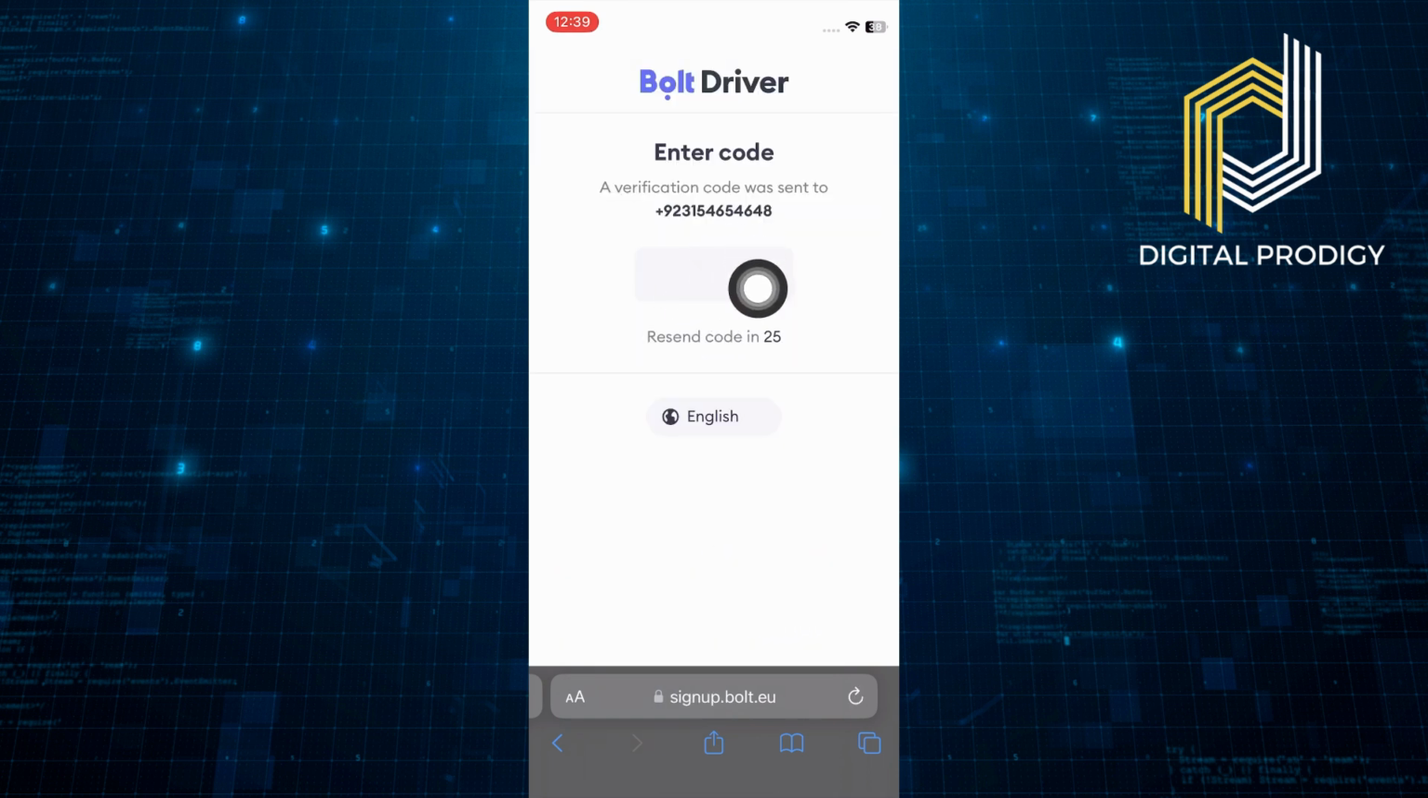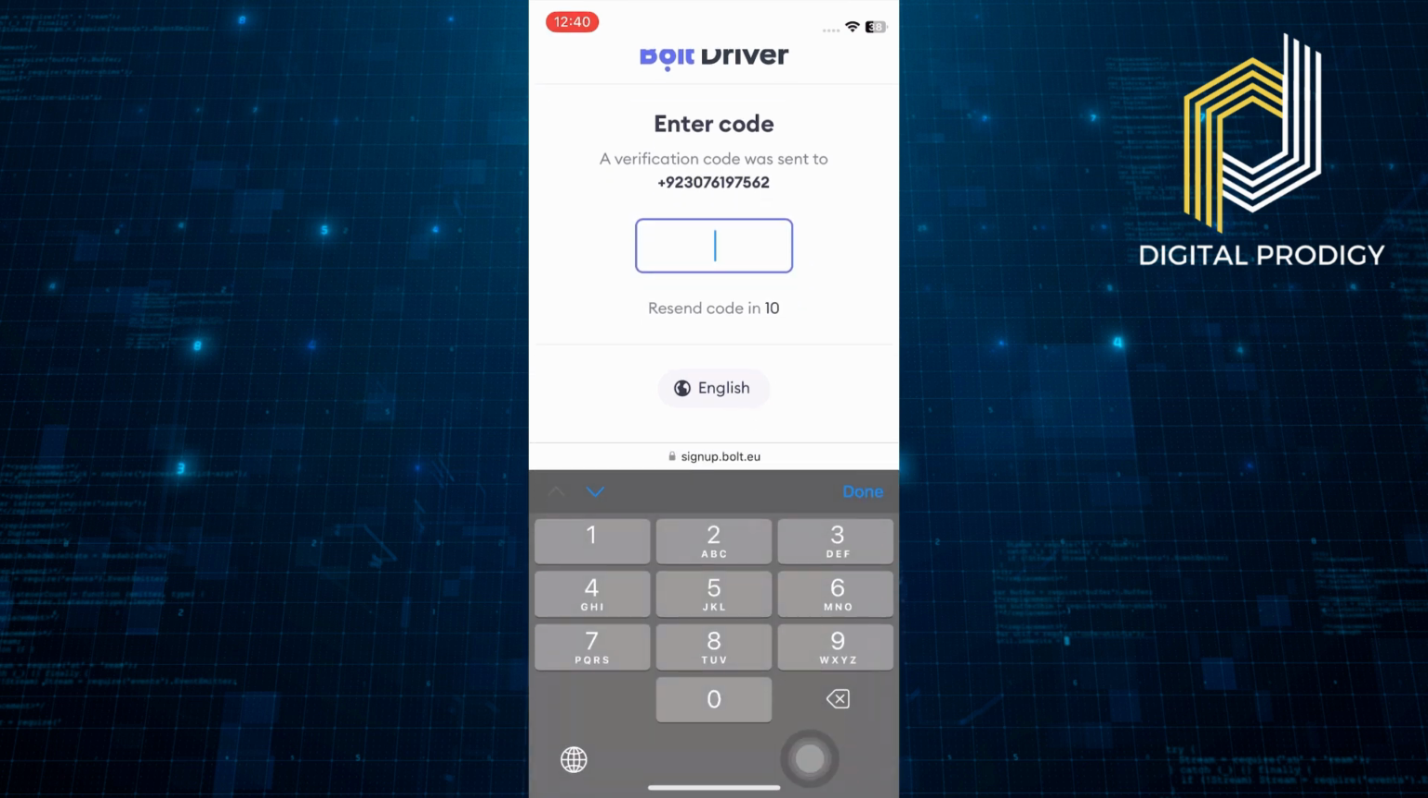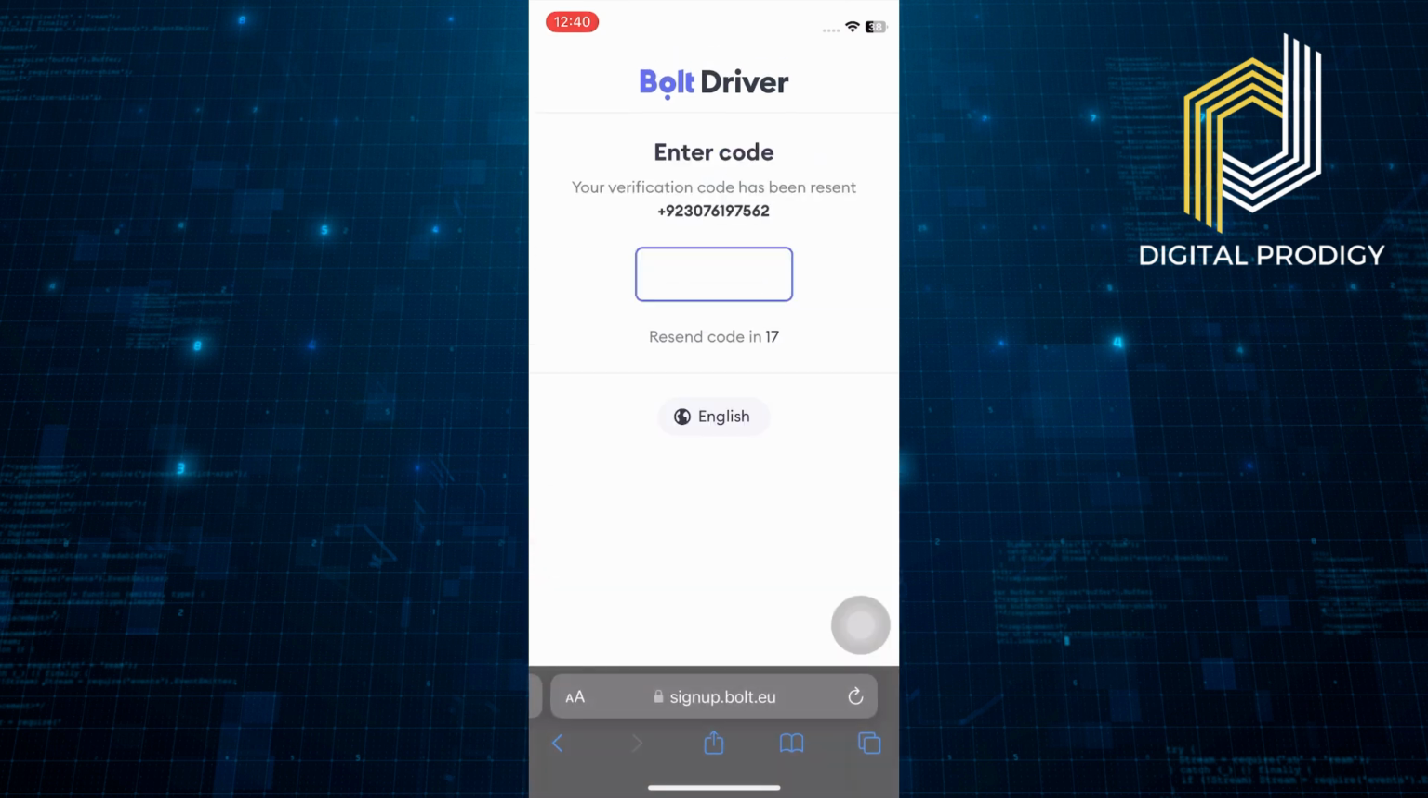Bolt will send a verification code to the phone number you provided. Enter this code into the required field on the website. Once you have entered the code and completed all the remaining steps, you will have successfully registered as a driver